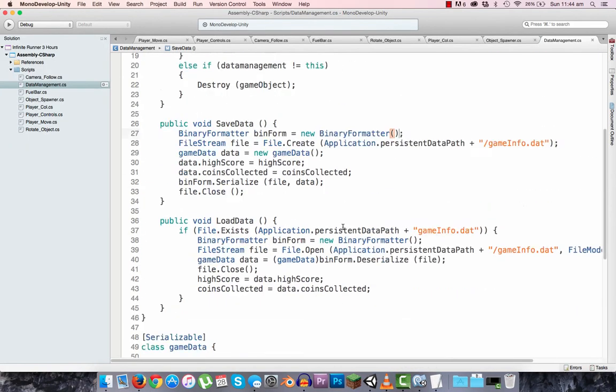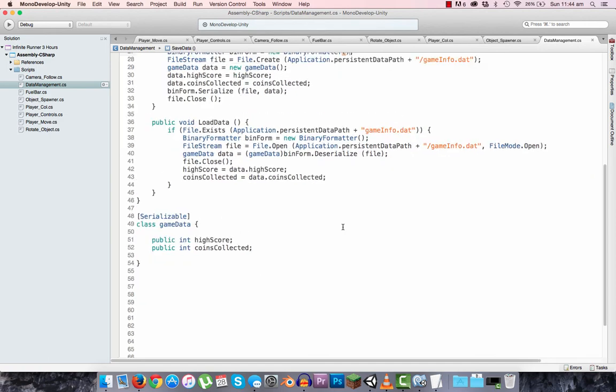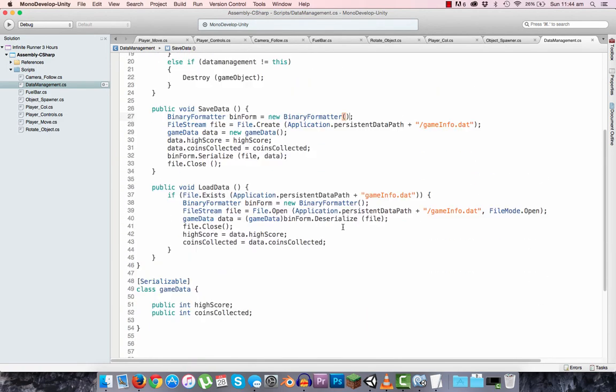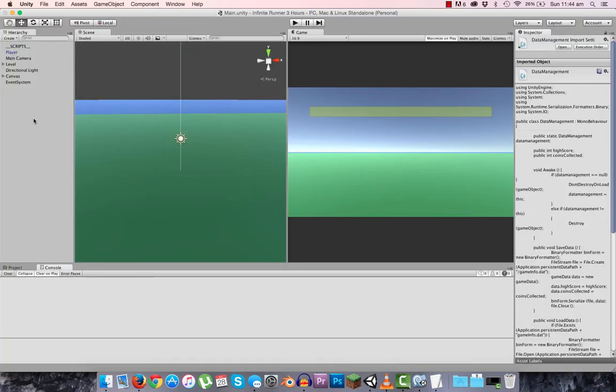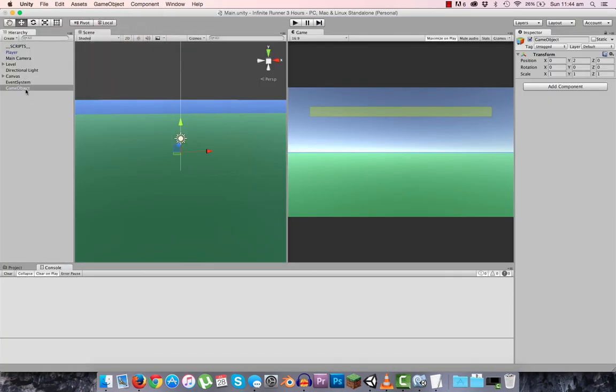Awesome, everything looks a-okay. That's the entire script there. Well, we've done well. Alright, so if we then create a new game object,